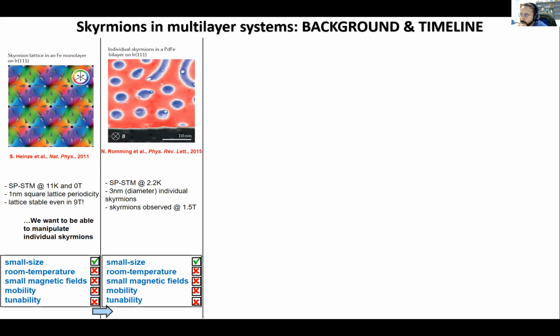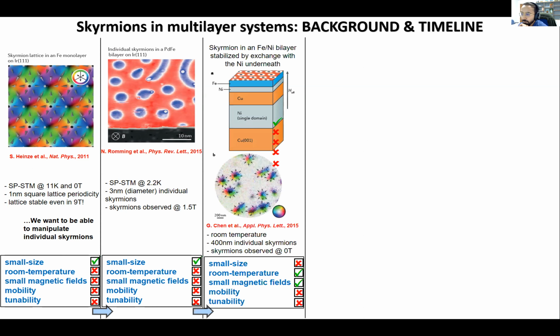Around 2015, 4 years from then, the scenario mostly remained the same, but there were a lot of research works, and skyrmions as small as even 3 nanometer diameter could also be observed. So that kind of research was already going on at a very fundamental scale. It was only later in 2015 that we were able to see some room temperature skyrmions, which were also stable at very small magnetic fields, or in fact at zero magnetic field, by using a bias from a nickel underlayer.